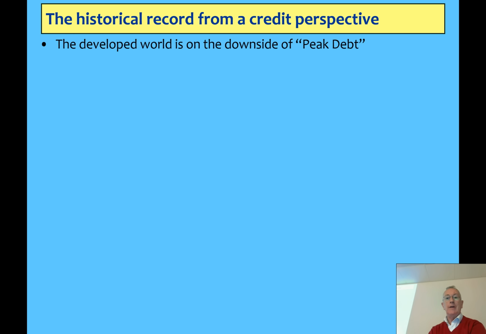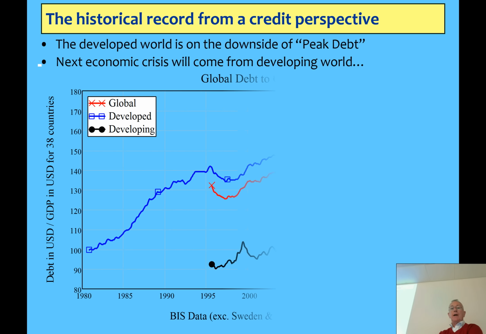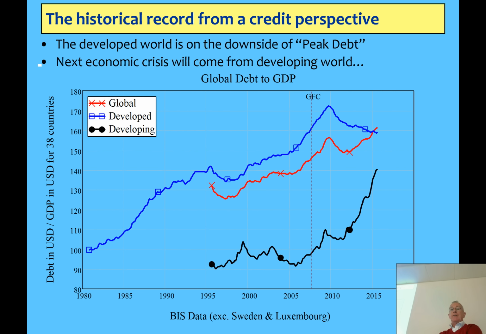I'll finish with one last slide. We've got to think about the class coming in a moment here. I've just done this recently. This is looking at the level of private debt to GDP across developed nations, the aggregate global economy, and then developing nations. You can see this is about 20 developed countries, with a rising level of private debt that hit the peak in 2010 and has been heading down ever since. The developing world on the other side, and of course this is mainly China turning up here, shows no particular pattern after the 90s.